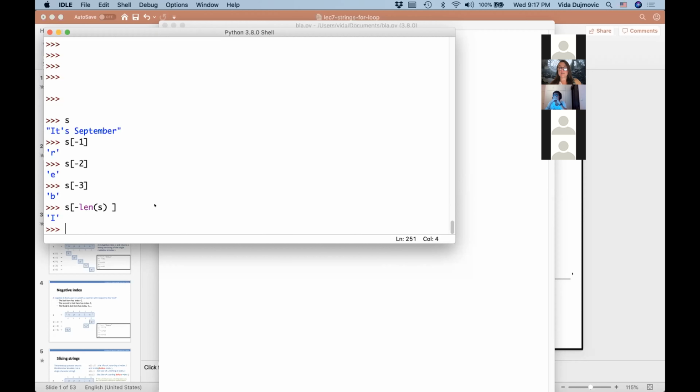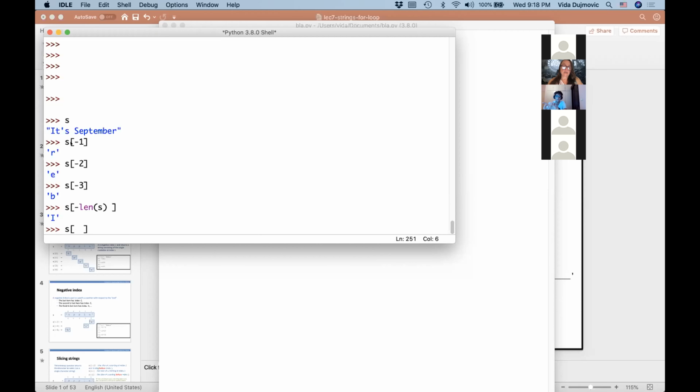In many ways, slicing is just a generalization of indexing. So what is indexing asking you? It's asking you, give me a substring starting with this position and ending with this position, right? So S of 0 is saying, give me a character that started at position 0 and ended in position 0, and you get a T. If you are using this syntax, so S, and instead of giving 1 number, you give it 2 numbers, separated by a colon. It's best to explain it on an example.